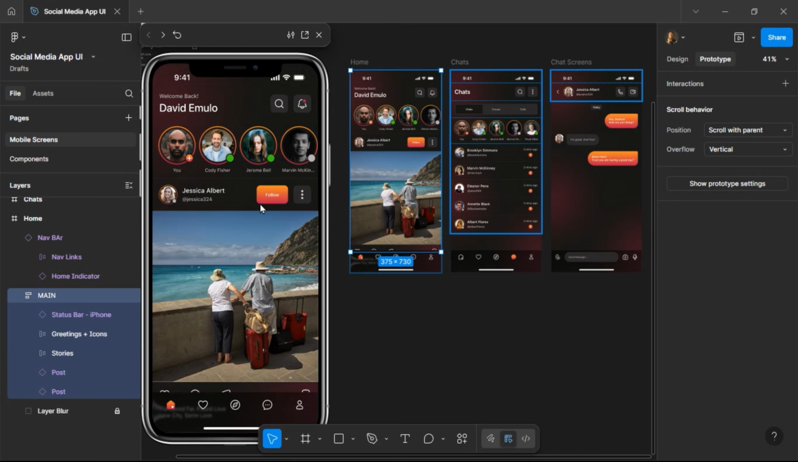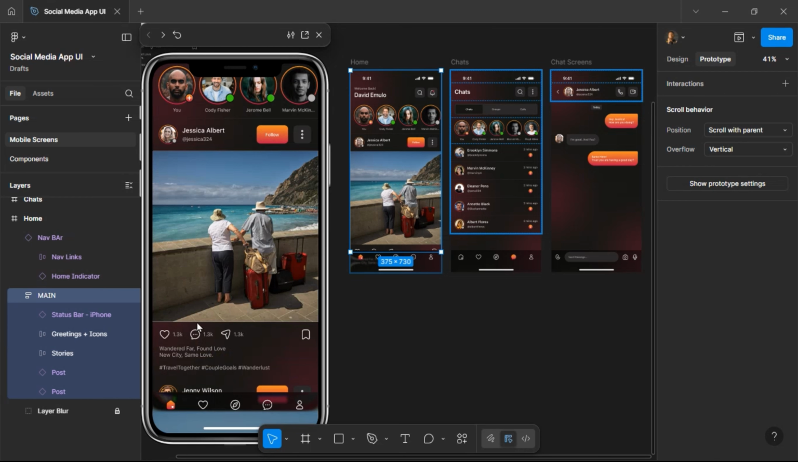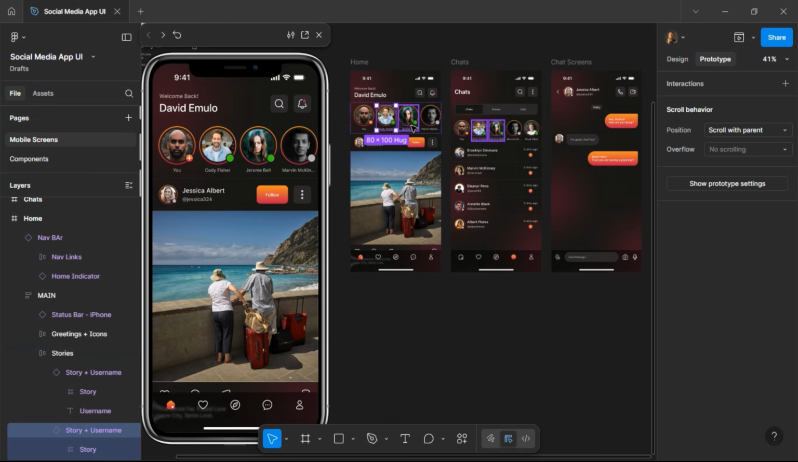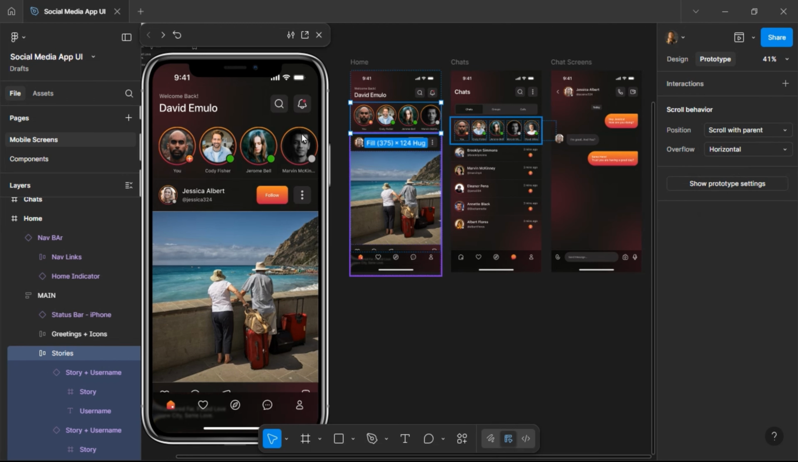This is not actually scrolling, and we cannot click this, and we cannot even like this post or even save this post. So let's quickly make this scrollable. I'm just going to select the whole stories frame and go over to here, change this to horizontal and see if that works. All right, so it works. That's just how simple it is to change it to horizontal. So we can now scroll,